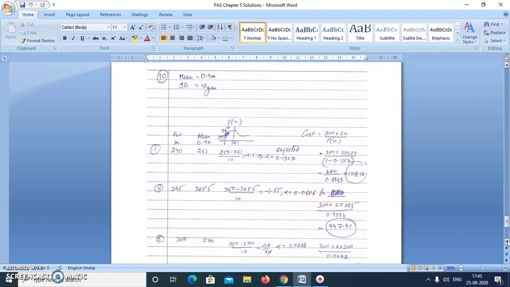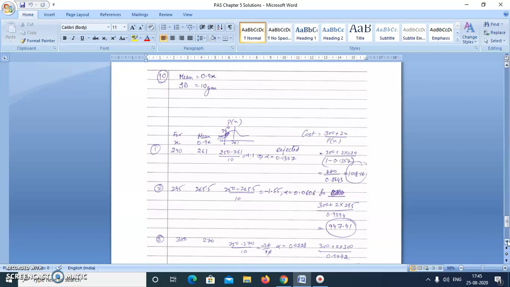So whenever we use x gram of yarn, 10% of it goes in waste and 90% of it goes in garment. Now what they are asking is, there is a function of cost given where 300 plus 2x upon probability of x, proportion of acceptable garments. We have been given a function that cost of x is equal to 300 plus 2x divided by proportion of acceptable garments.